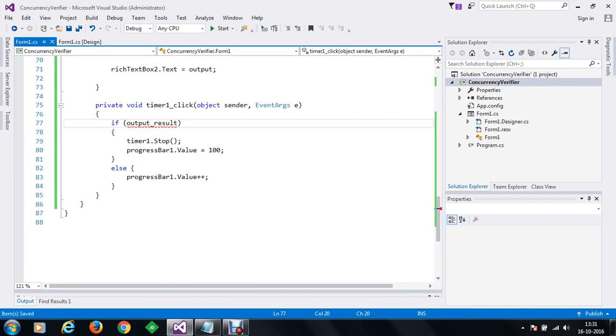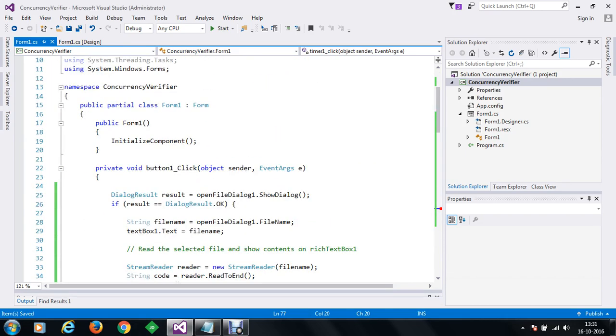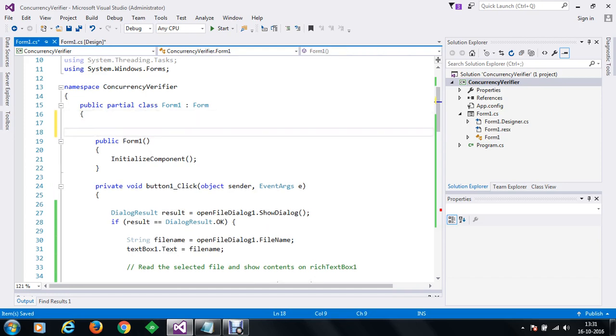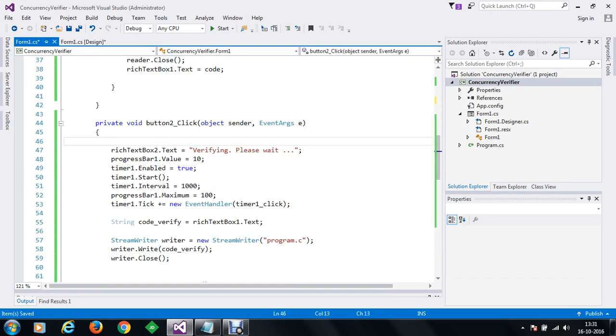Now, as soon as the progress is executed, we are going to set a public variable here, and let's call it boolean output underscore result, and by default we are going to set that to false. As soon as we click on verification, we are going to set the output result to false.